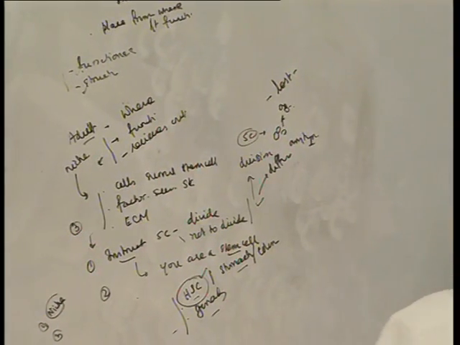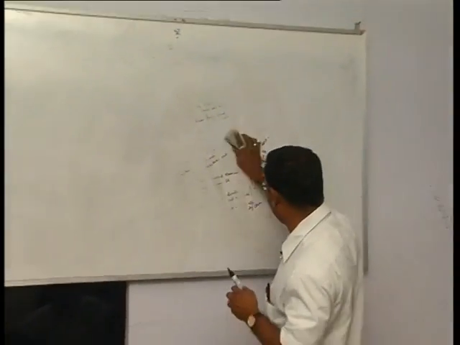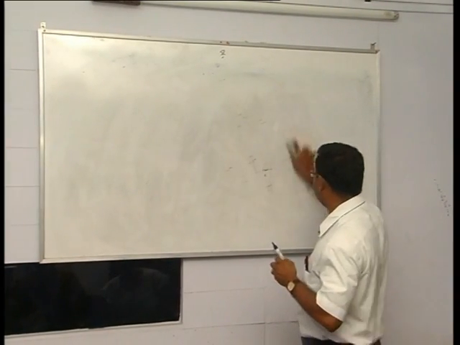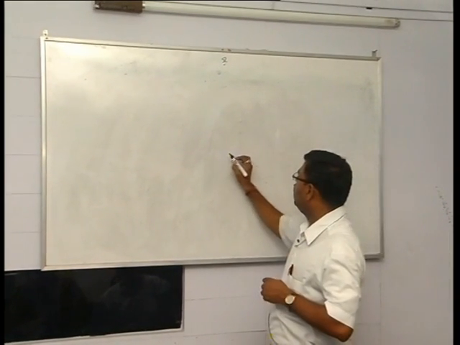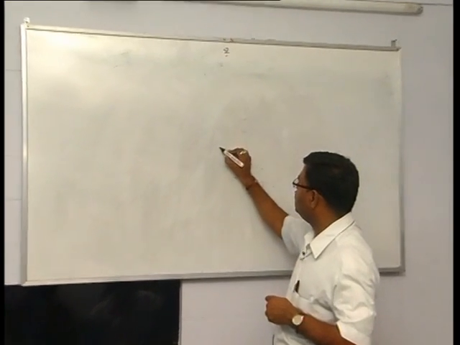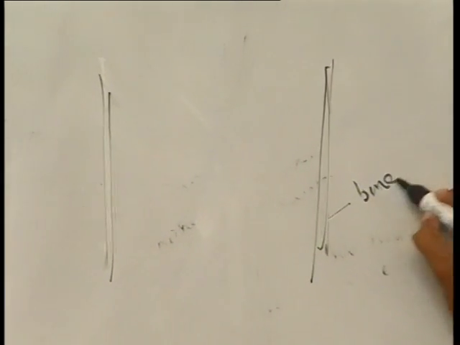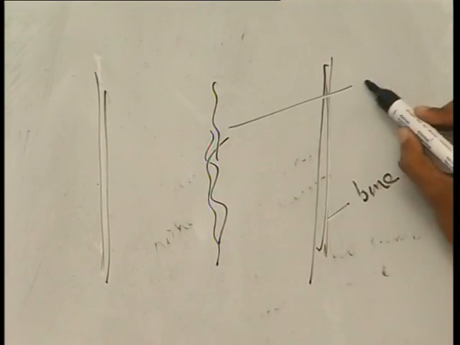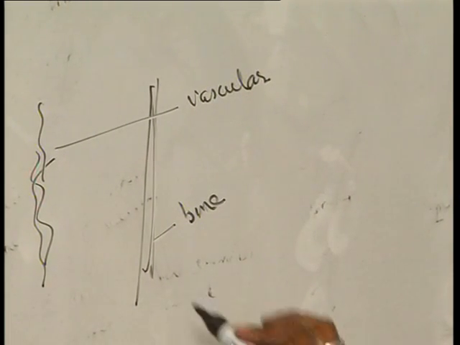So the hematopoietic stem cell niche. What is the hematopoietic stem cell niche and how it is dividing, and other things we will look into, which is also a part of your syllabus. So now, this is the bone, and there are vascular elements present in between. Vascular elements means blood will flow inside.